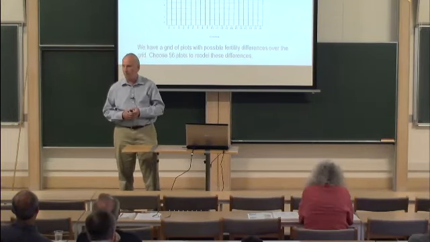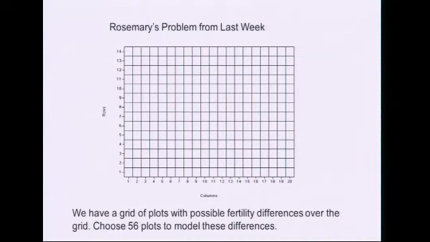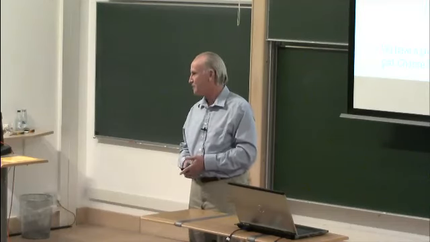So each square there is going to get a different seed variety. And suppose that you think that there might be fertility gradients across the big plot there. You don't know exactly what those gradients might be, but you suspect that maybe a second order polynomial might be adequate to describe